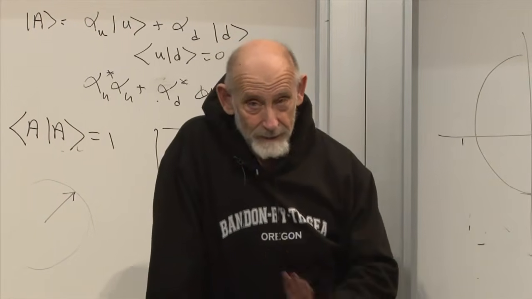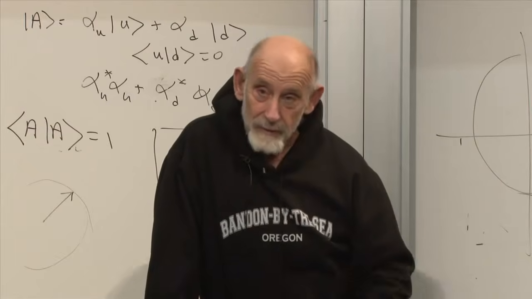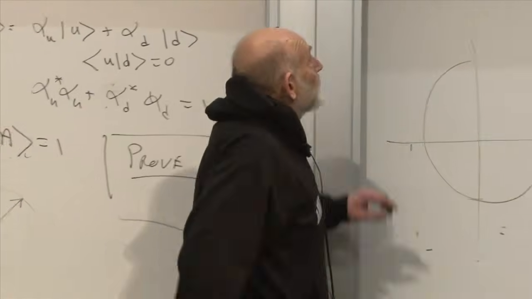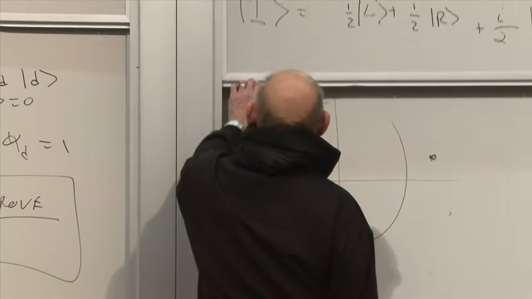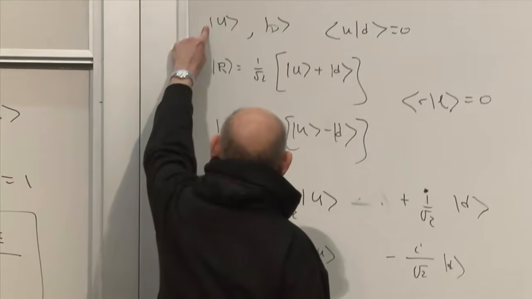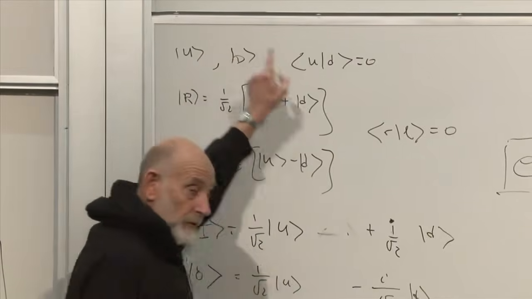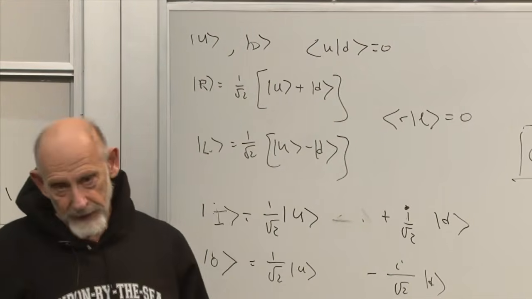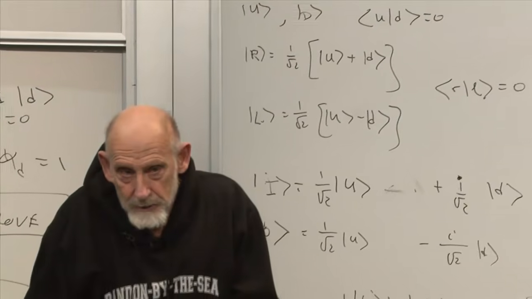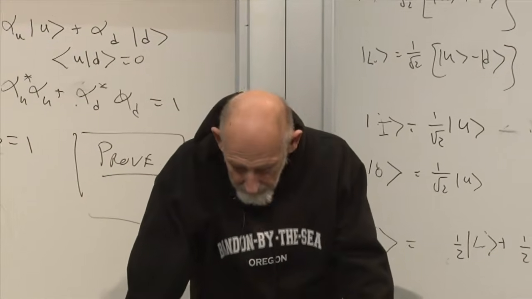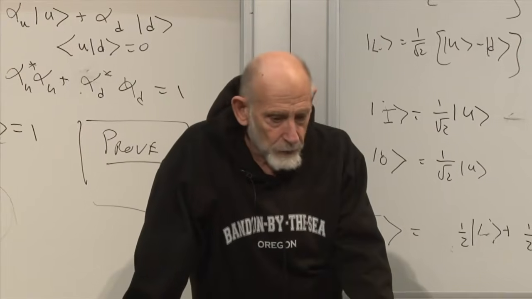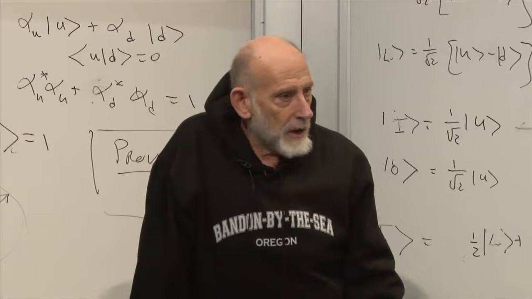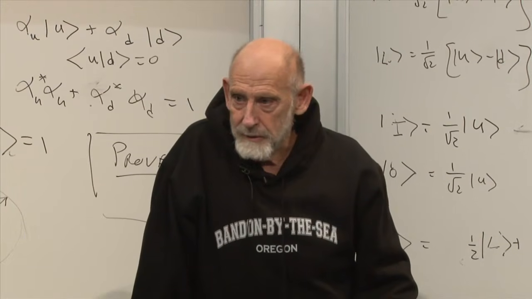But ignoring the question of whether they add up to 1, you have the freedom to independently vary the coefficient of u and the coefficient of d. Now, the fact that they have to add up to 1 is another fact. Don't confuse orthogonality in the space of states with orthogonality in